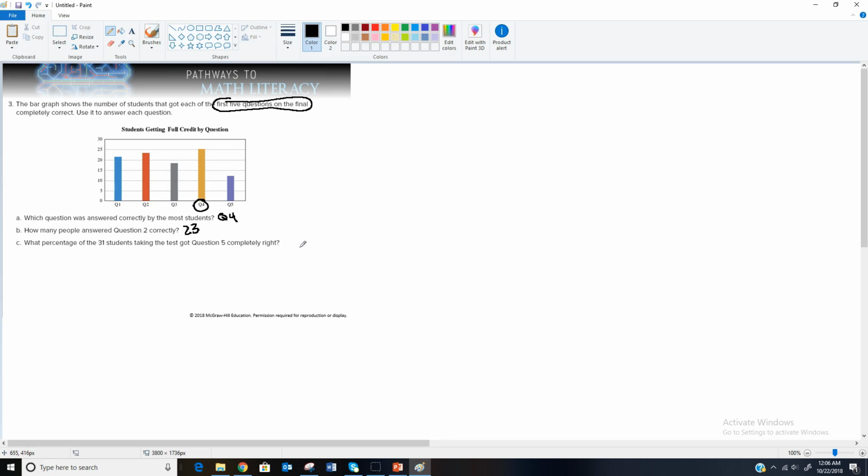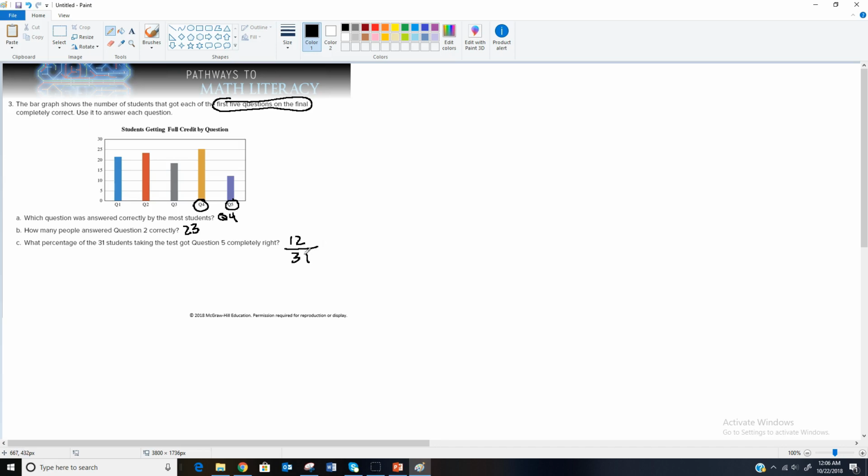What percentage of the 31 students taking the test got question 5 completely right? Well, if we want to know the percentage, we have to know how many there were that got it right. So this one looks like it's a little below half to me. So again, this would represent 10 to 15, so 12 and a half would be right in the middle, which isn't actually a possible value. This looks like it's a little bit less than half, so I think this is 12 that got it right